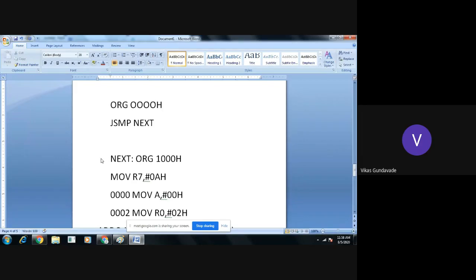So what will happen? From the first, the program counter will get loaded with the 0000 location. Then the next instruction is short jump to the next location, and this jump will take place to this next address location.